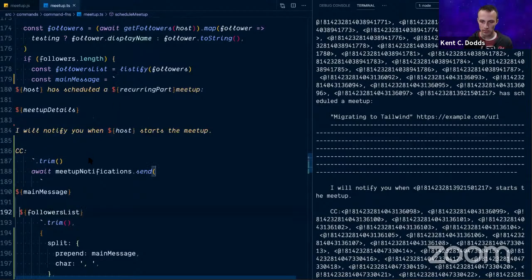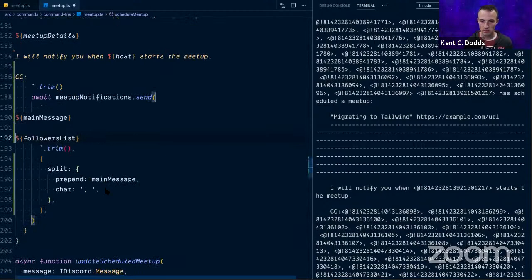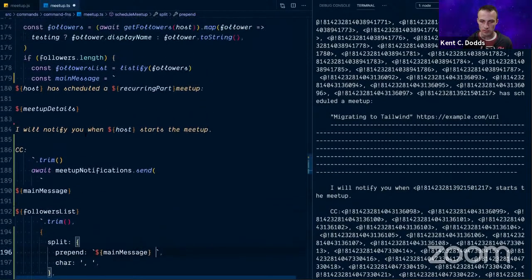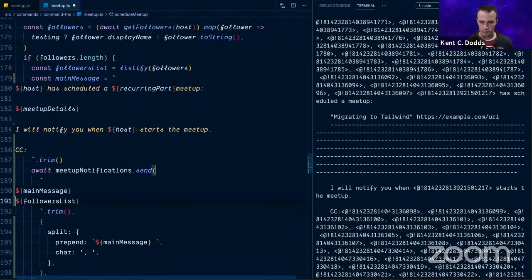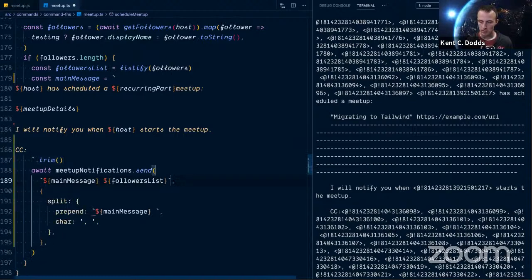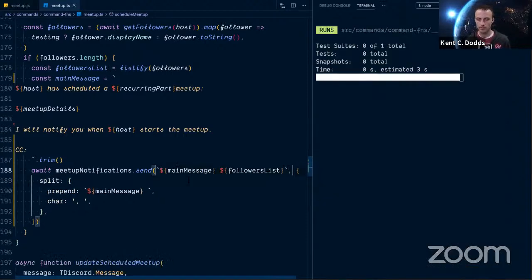Oh, I've got an idea. We'll leave the trim where it is. Yep, I think that'll do it.